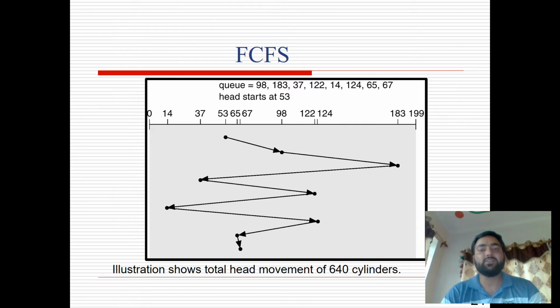Then after 122, it will move to 14. Then 14 to 124. Then from 124, it will move to 65, and from 65 to 67. That means it will follow a contiguous approach in the queue. The first element will be served first, and so on till the last track is encountered by the read write heads of the sector.